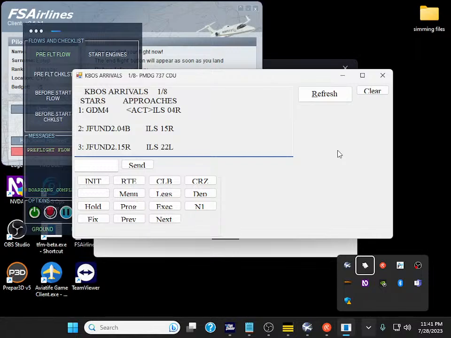KBOS right stars of 1. GDM 4 less act greater 04R. Land 1. GDM 4 less act greater 04R. Do 4 right. Stars approach 1. GDM 4 less L greater T slash S. 2. JWND 2.04 Beyond slash off greater. France 3. OOSHN 5.04 B Gashi. Land 4. ORW 7. Land 3. OOSHN 5.04 B Gashi. France